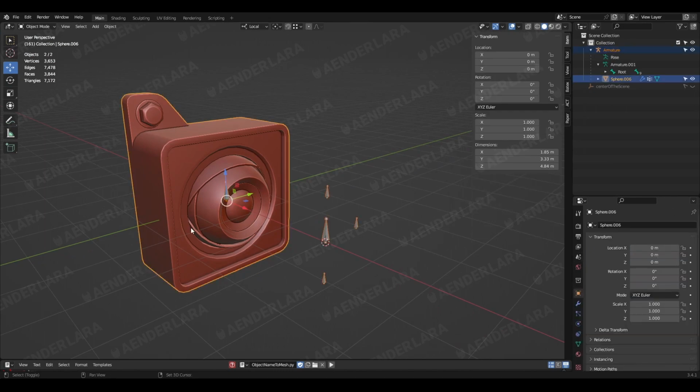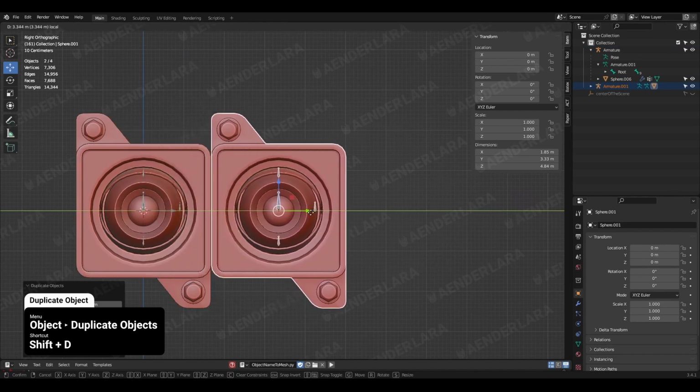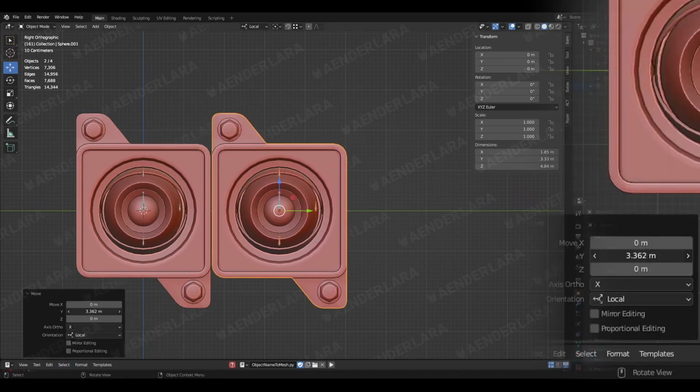Some extra content I would like to show you is how you can make a little wall with those eyes and make them point in one direction. After selecting the mesh and the armature, I'm going to press Shift D to duplicate a couple of them.